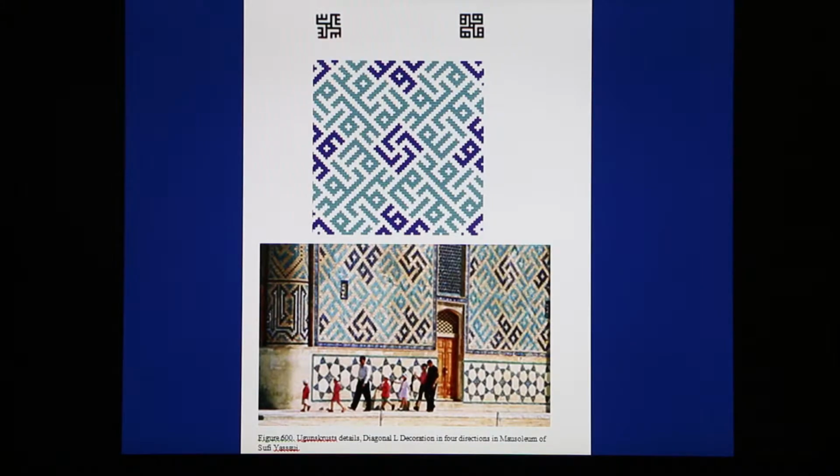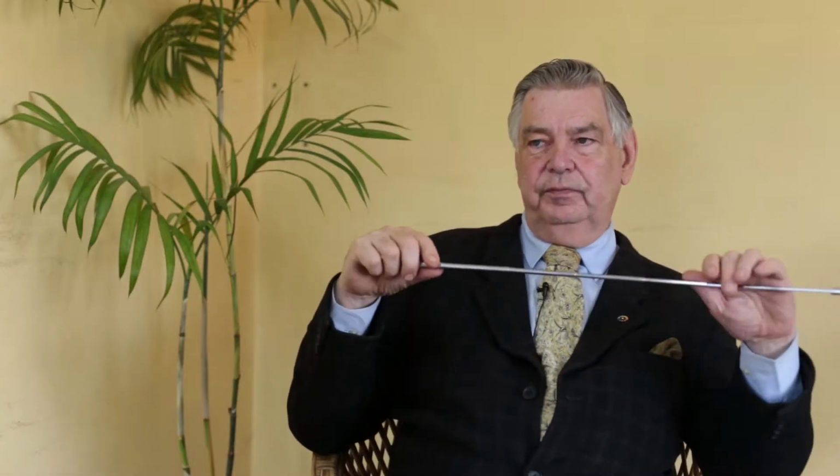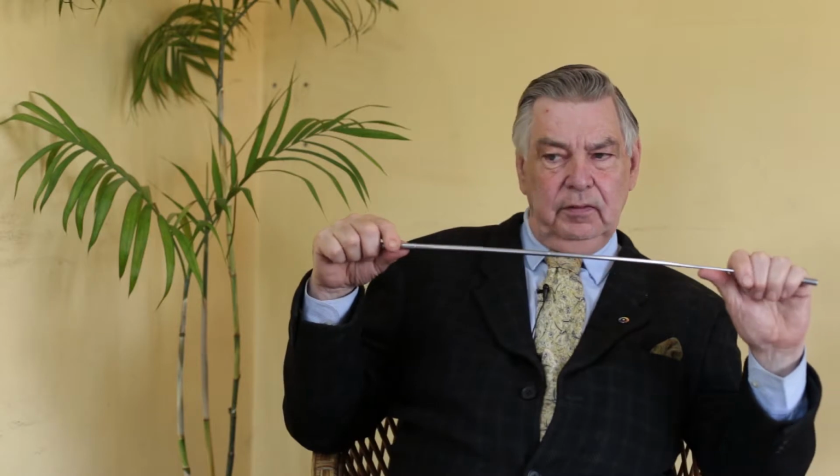And if we look at bits of them, it's just an S, but if we look at the whole thing, it's much more. So these patterns which we see in Europe, we see again here in Northern Europe, where we are looking at the Ugunskrust, and we have an E that turns into an M and a backwards E, and almost like a W. But if we go to the mausoleum of Sufi Yasawi, we're now in Middle Asia,